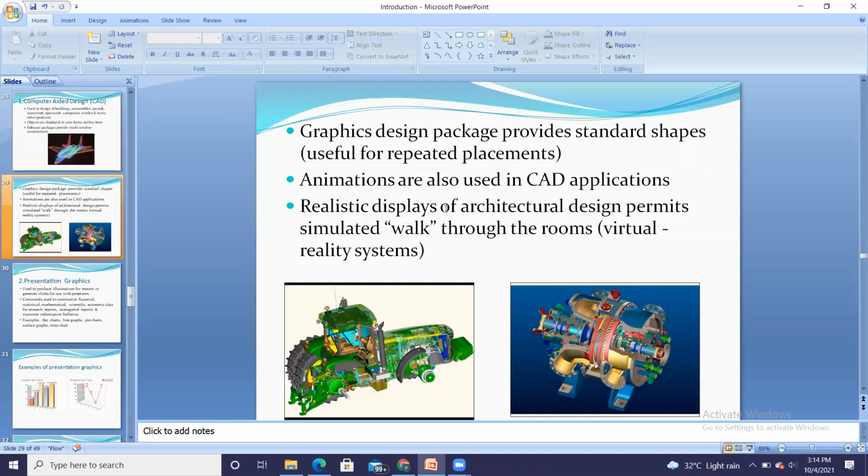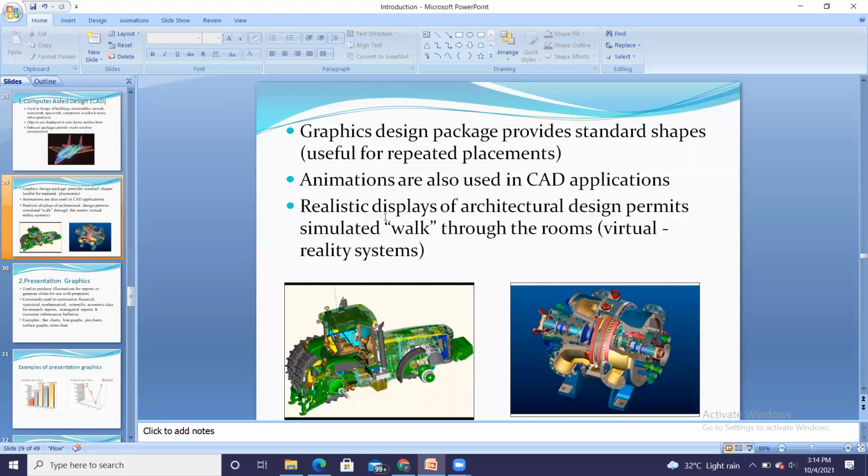For drawing a circle, we don't have to write any command because it is already provided inbuilt in the CAD software. Then animations are also used in CAD applications. So how it will look, that is the rotational view of this object. It is going to rotate and we can get the 3D view of the object. Such animations are provided here.